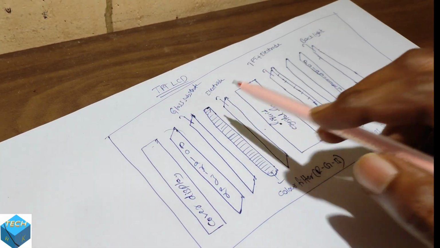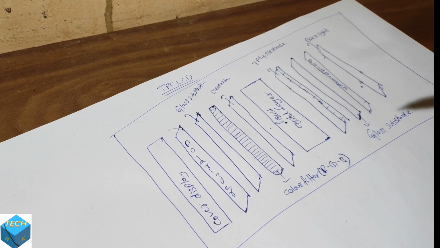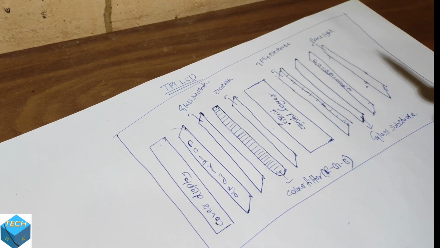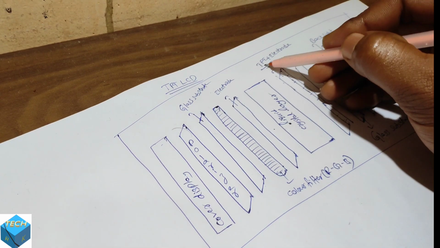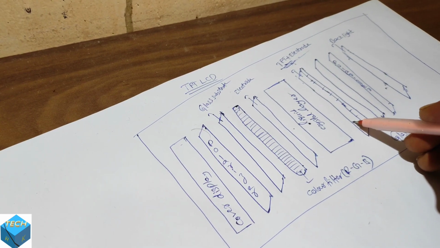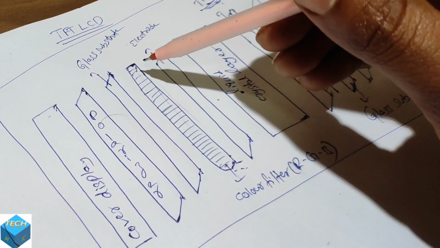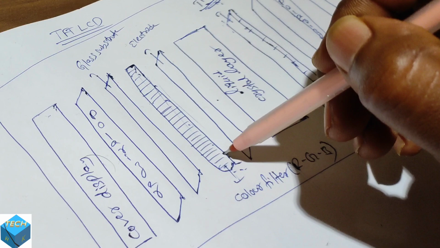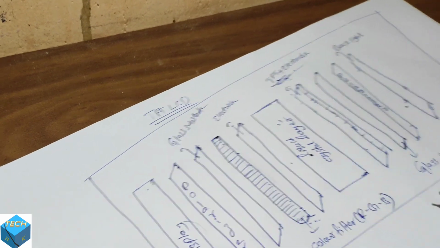Now let me explain the working of this TFT LCD or color display. This is the structure of TFT LCD. As I said earlier, there are mainly three differences between this TFT LCD and normal LCD. First difference is this TFT array. This TFT layer is combined with this electrode layer in the case of a TFT LCD display. And the second change is here, the glass filter, color filter. This color filter is not there in normal LCD displays. And then the third change is this liquid crystal layer pixels.